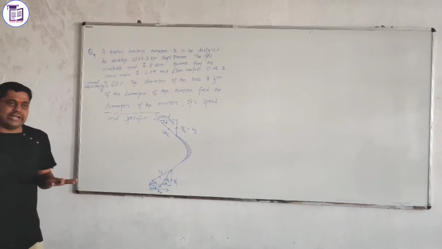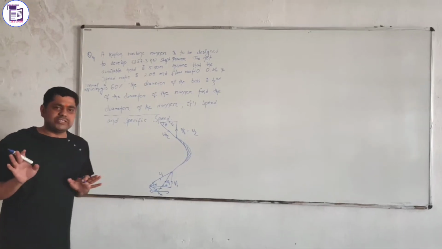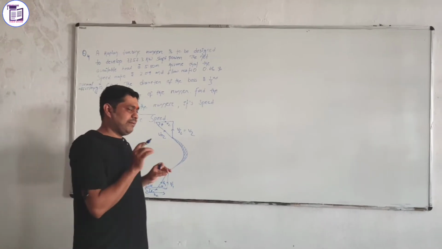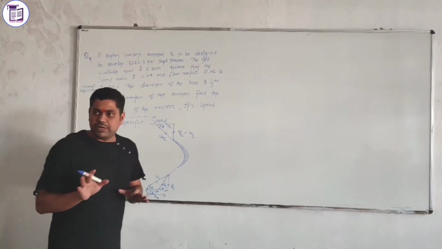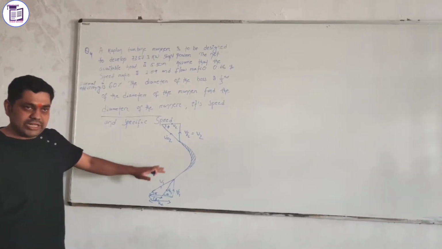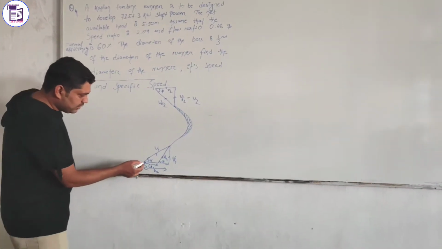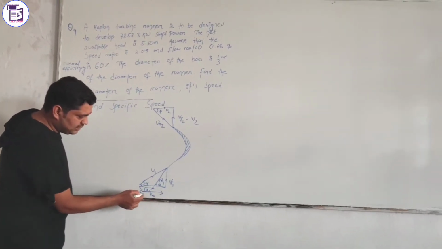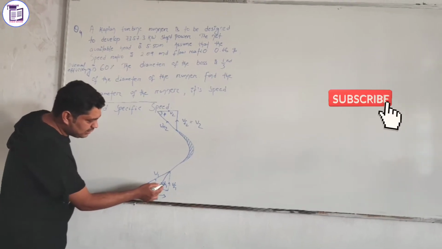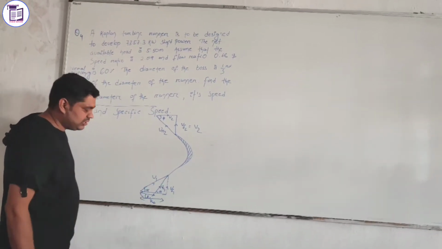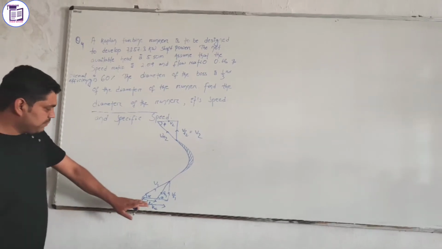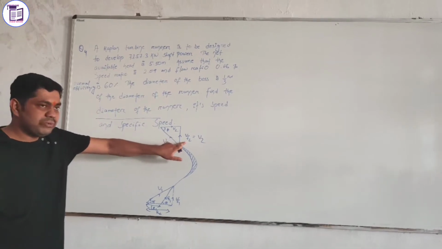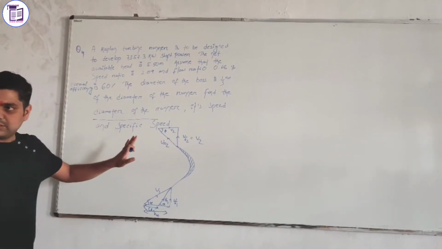When you get a turbine problem, first of all you draw the velocity triangle diagram. Every turbine problem needs the velocity triangle diagram, which will support you in doing the problem properly. This is the velocity diagram for a Kaplan turbine. Here is your V1 velocity, which goes through the alpha angle, and the blade angle, VW1 is the whirl velocity, VR1 is the relative velocity, VF1 is the flow velocity, and U1 is the blade velocity. This is the flow of water through the outlet, VR2, V2, VF2, already discussed in a previous description.